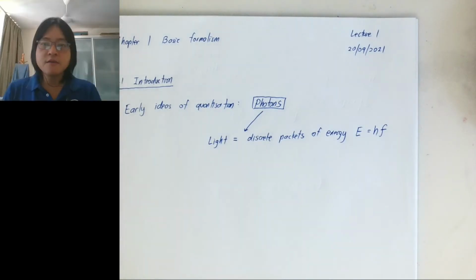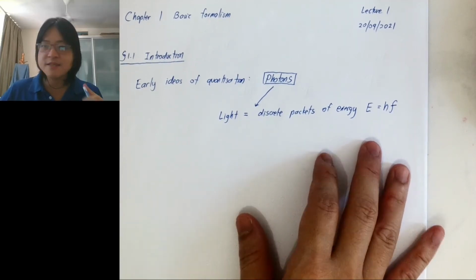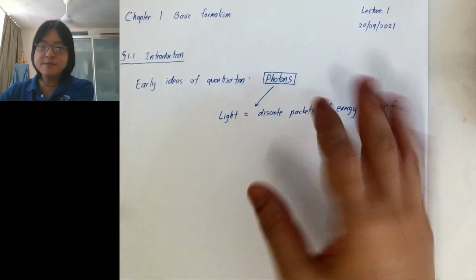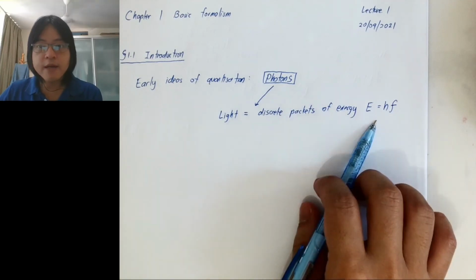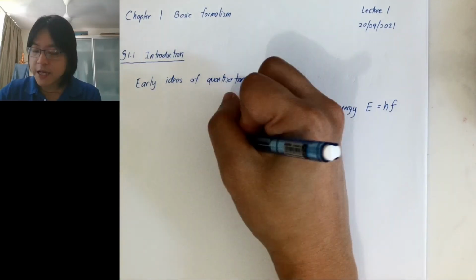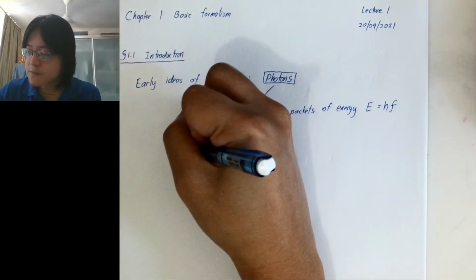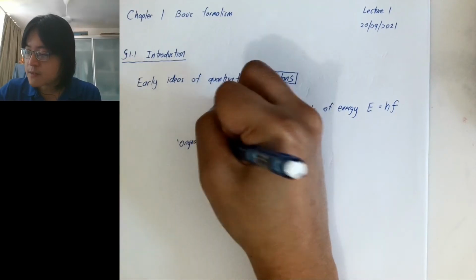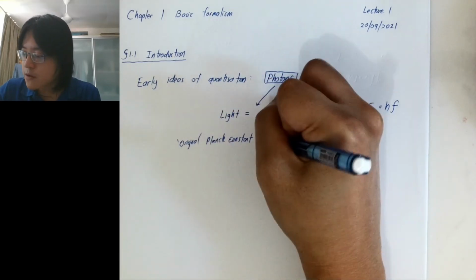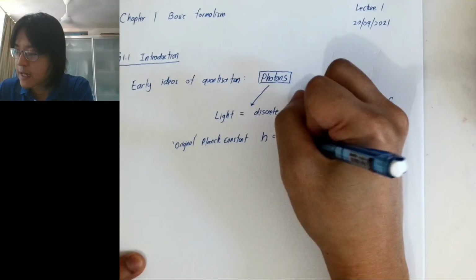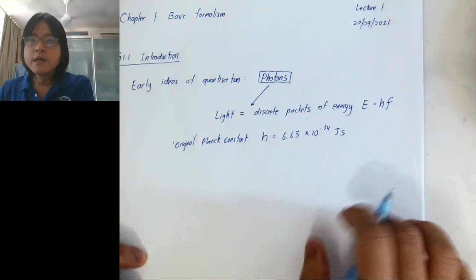Okay, so do you guys remember this? For the math students, if you're confused here, just ask me, right? I'm just explaining here as a review. So you have learned that light is a packet of energy h times f, right? Where h is what we call the original Planck constant. Okay, so the original Planck constant is h, and the value is 6.63 times 10 to the minus 34 joules per second. And this is a very small number.